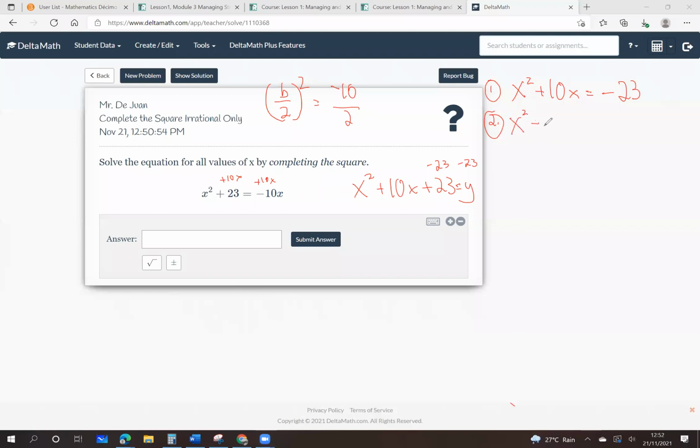X squared plus 10x and b over 2, well, that's negative 5 squared, which is 25. So I'm going to add 25 to both sides. Negative 23 plus 25. Now in the third step, I'm going to take the square root, put it into factored form, which is x plus 5 squared, equal to